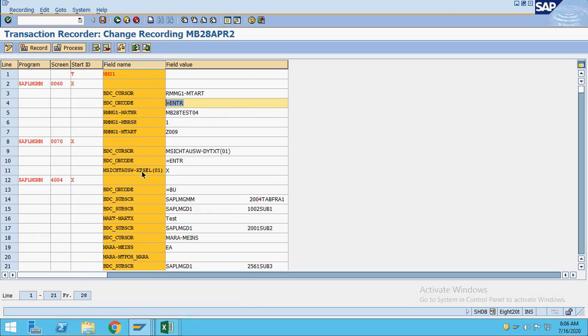What is happening behind the scenes is that all this data is gathered together in an internal table, and when I click on this process button, it calls the transaction MM01. This is the start ID MM01 it's calling. And because we have already given the program name, screen number, and start ID, the system identifies